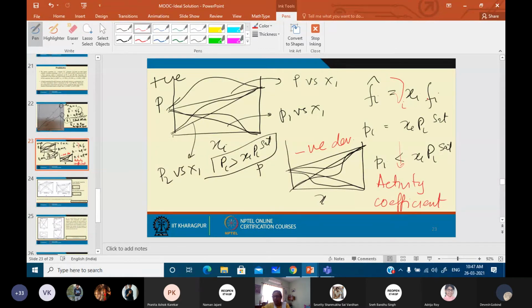This is just a correction factor, simply like you have PV equals ZRT for real gases as a correction for the ideal gas law. In this particular case also, you are going to have a correction factor which corrects the ideal solution model in order to predict the VLE data for non-ideal solutions, right? So when the solutions are non-ideal, you simply have to predict gamma i. Am I clear to you?